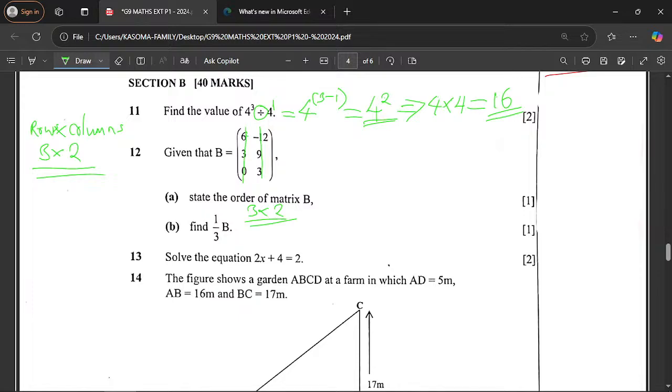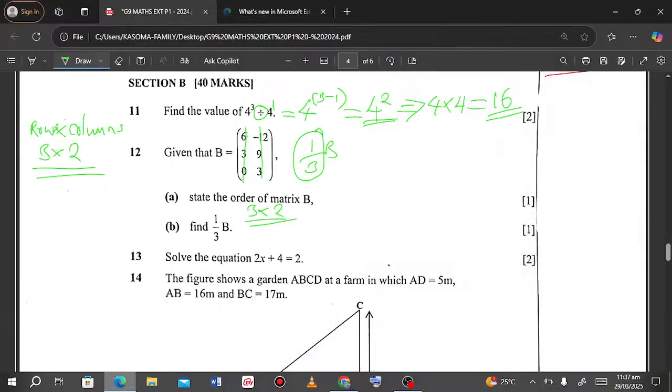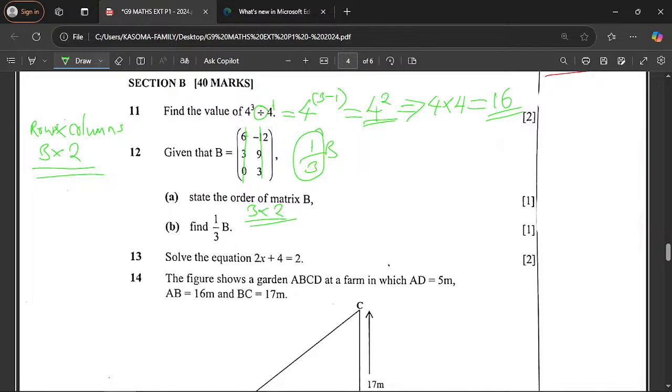We come to question B, which is find 1 over 3 B. What I'm going to do is rewrite this expression, 1 over 3 B. We should understand that this is a scalar. I'm sure you learned about multiplying a matrix by a scalar, or a scalar by a matrix. So we are going to say equal to,